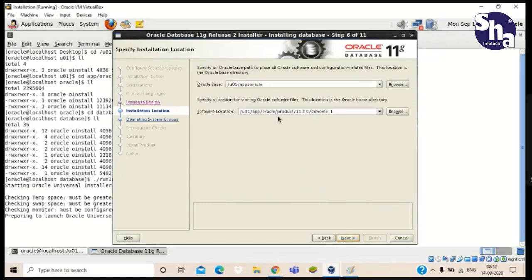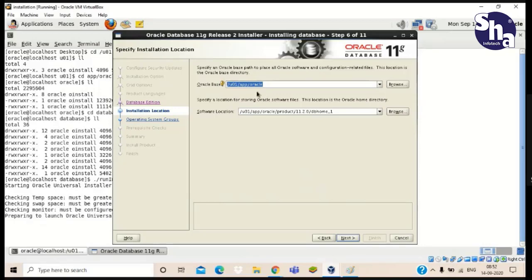Now you can see that our Oracle base appears as slash u01 app oracle. If you remember, I told you in the previous session that this directory will become the Oracle base. So this is our Oracle base.